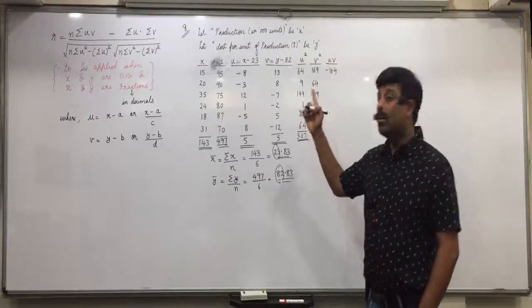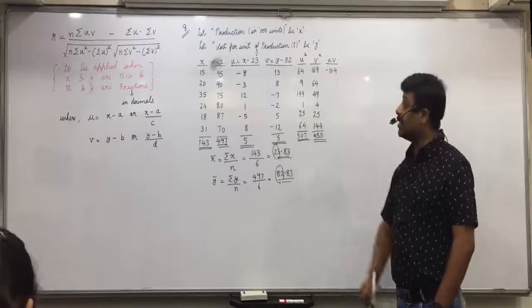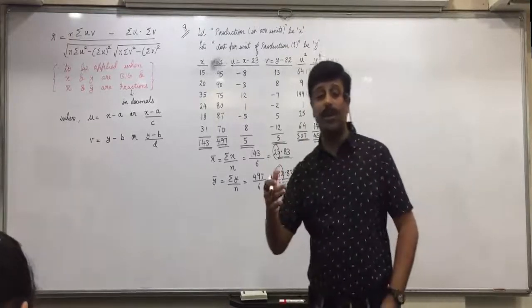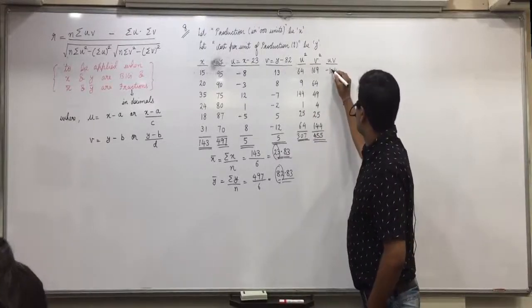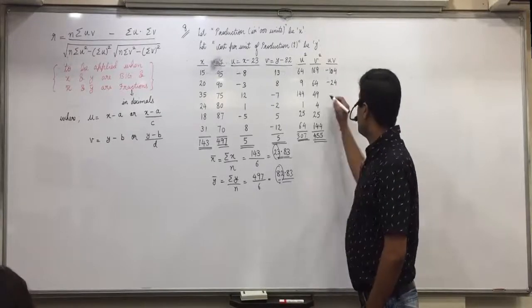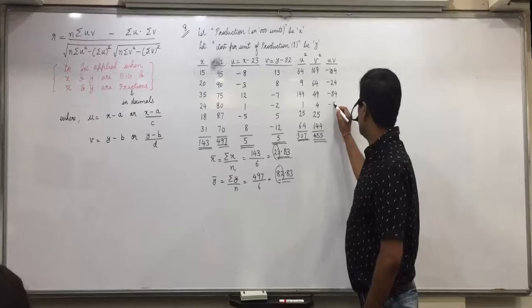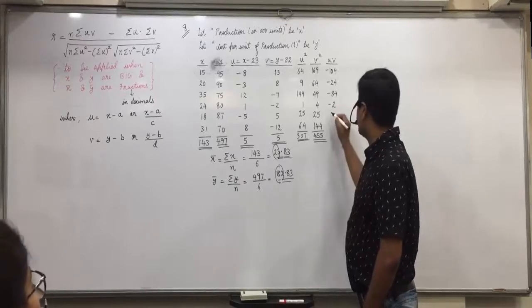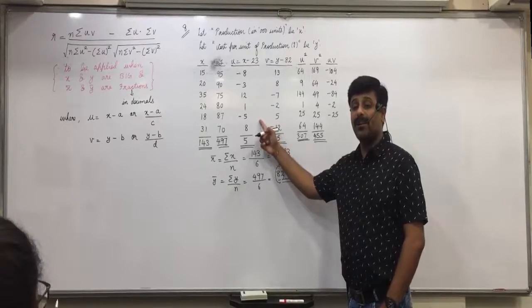Be careful. Minus into plus will be minus. Yes, further. So in memory, if you put, you'll put it in M minus. Okay, further. Minus 24. Minus 3 into 8 minus 24. Minus 84. 12 into minus 7 minus 84. Minus 2. 1 into minus 2 minus 2. Minus 35. Minus 5 into 5 minus 25.